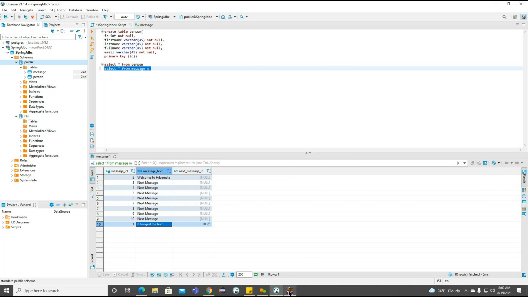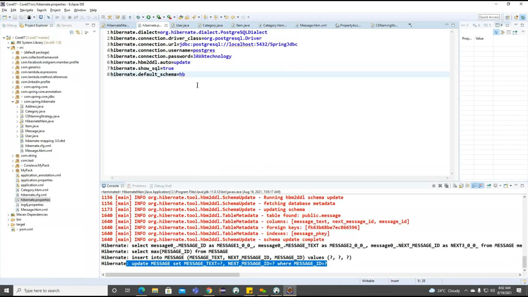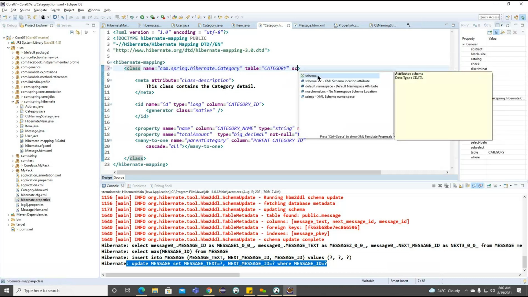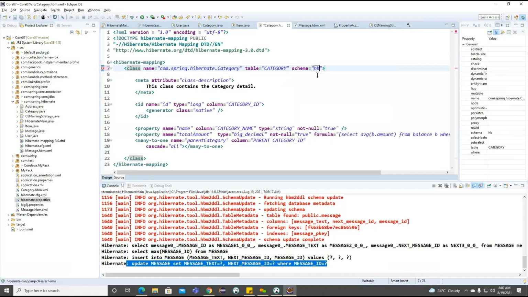Right. So we'll try to create the table with the help of this particular default schema. And so whenever we are going to work on the default schema, now what we can write, here we can specify the schema information. And what is the schema we are trying to work with here? HB. We are trying to work on the HB here.